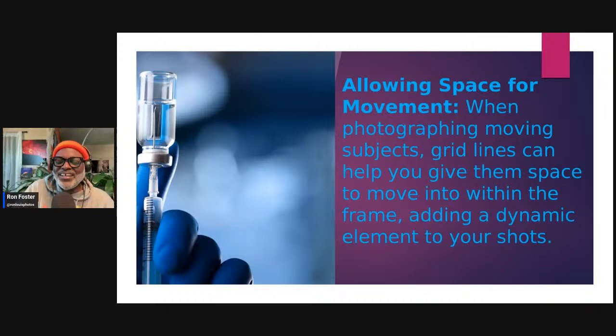For instance, using your grid line, a car is moving fast from left to right. You want to capture it, right? So there's a subliminal message going on. You want to catch the car. If the car is moving in this direction, then you want the car to be leading into the frame versus all the way in the frame.